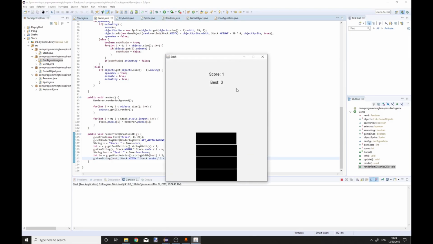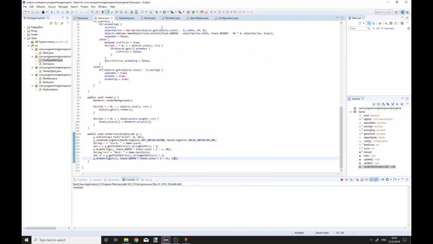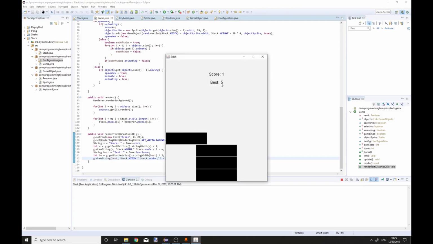So let's try it. Best goes into 5, and now if we restart it's still 5, and if we load again it reads it from the config file. So let's try to beat the score again,